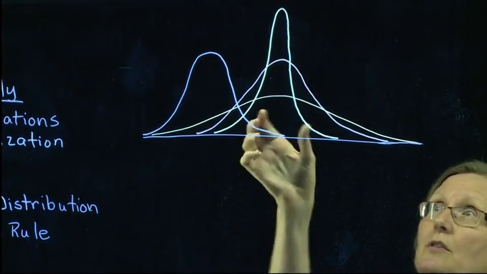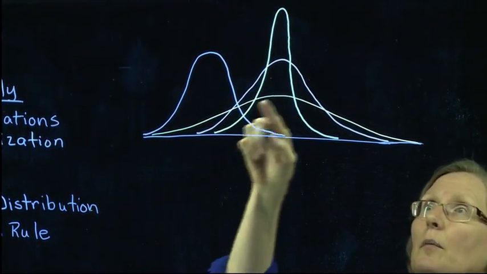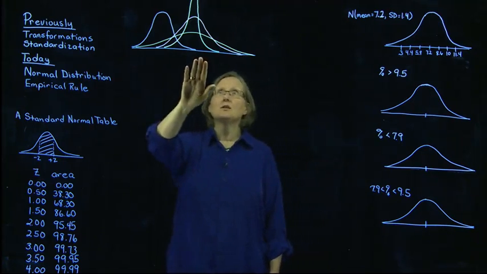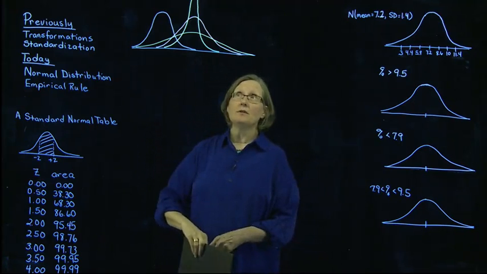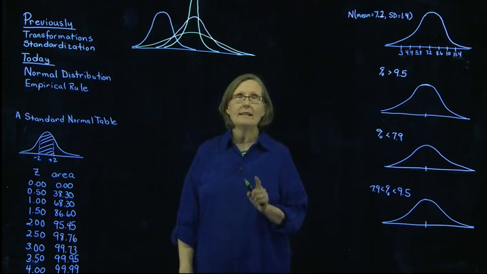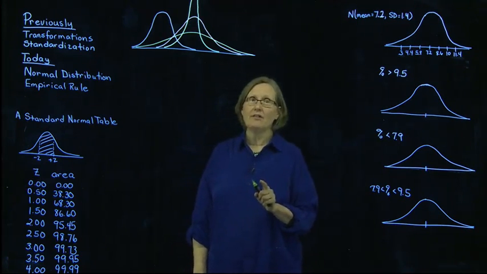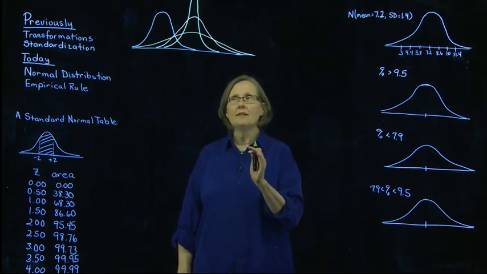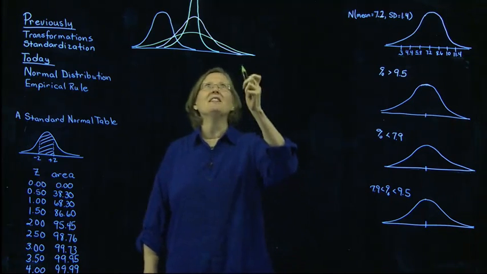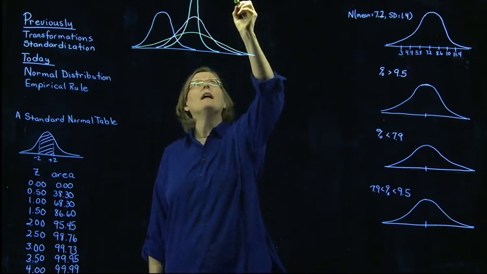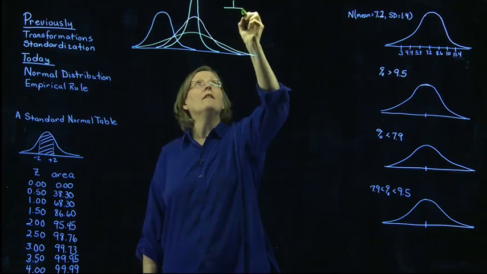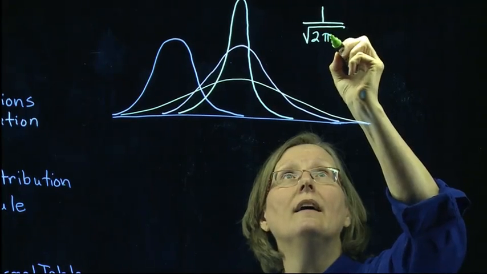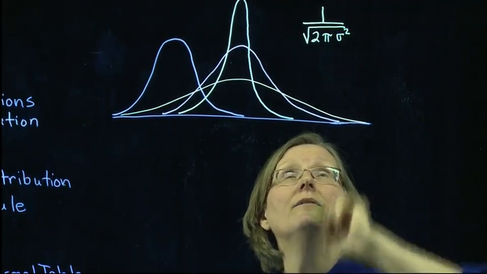This normal distribution has a very tight spread. This normal distribution has a very wide spread. The means and spreads of the normal can vary from distribution to distribution, but what stays the same across all of them is the functional form that creates this distribution. I'm going to write this down so that you see where it comes from, but don't feel nervous because it's a little bit complex. The functional form is 1 over the square root of 2 pi sigma squared